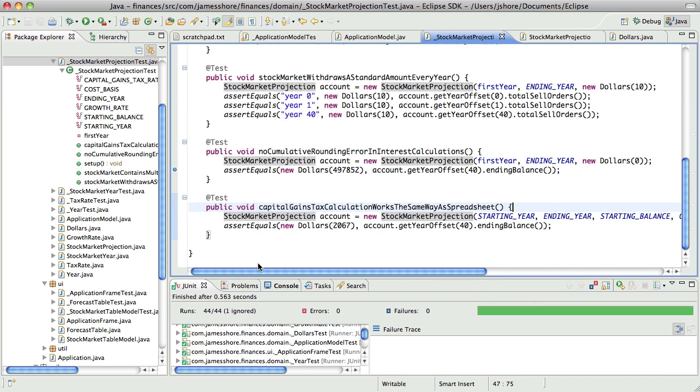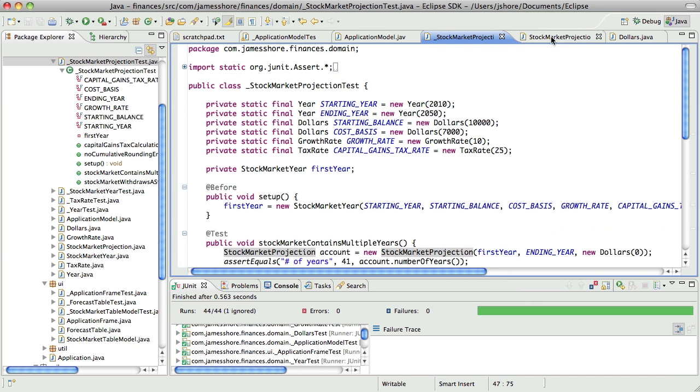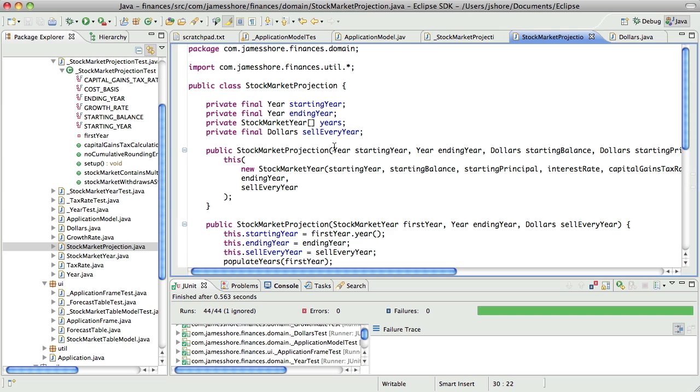Okay, so now I should be able to get rid of the old constructor, or at least soon I'll be able to get rid of it. Let's see who's using it.